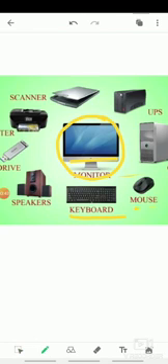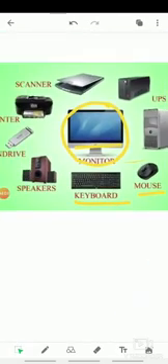And next one is mouse. Mouse has 3 buttons. Left side is left click, right side is right click, and the center button is called the scroll button. By using these 3 buttons, the user can give instructions to the computer.